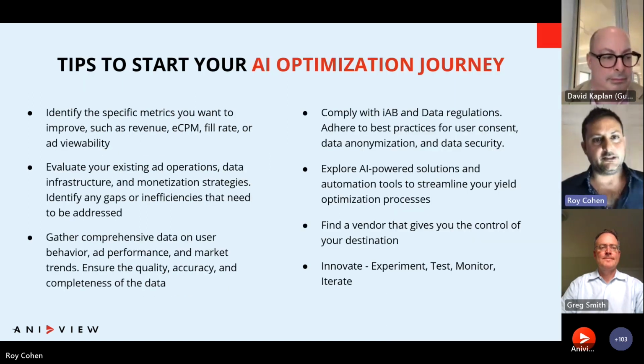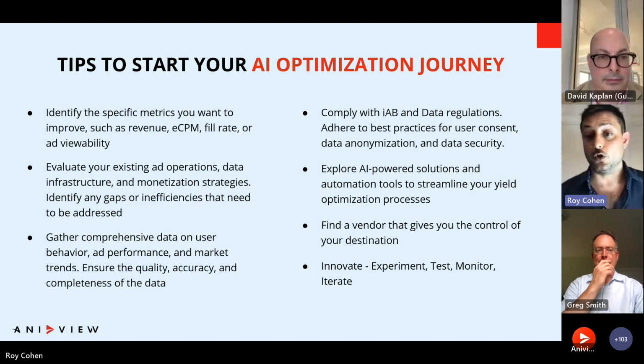So the optimization and tips for AI: first, you need to identify what your goal is. What do you want to achieve? You want to increase revenues. It's good. This is your main goal, and this is the main goal in life, probably. Sorry for saying it, but most people and most companies are in a free world and economy. Everyone wants to improve the revenue, but sometimes in order to improve your revenue, you can also improve your user experience, and you can see it with Netflix, or with big publishers, and even sometimes with medium and small publishers where they change